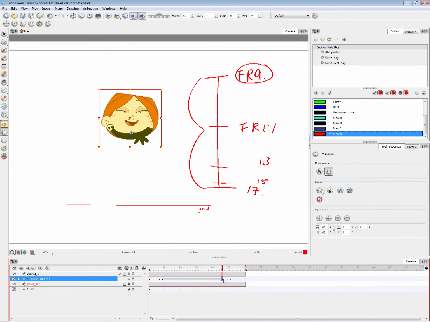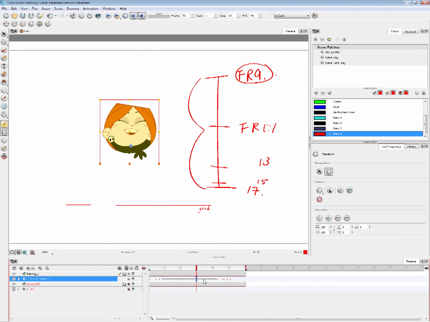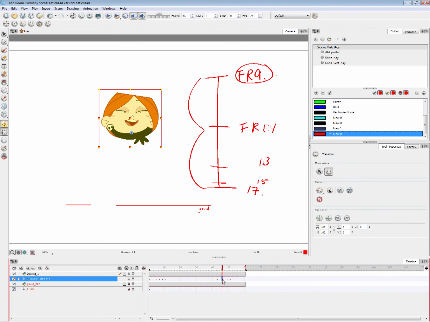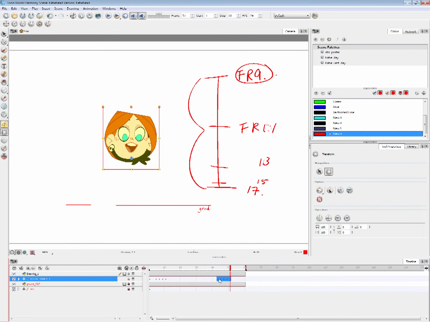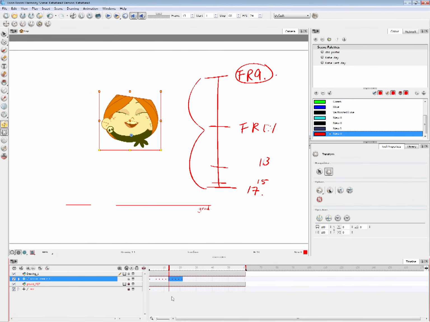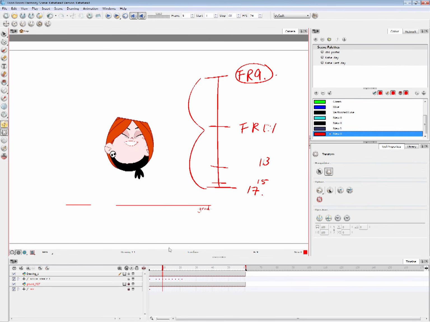So select the one just before the hang time pose, and then just something like that. Yeah, I'm having a bit of issue trying to explain it to a wide audience. Well, if you're an animator yourself and just trying to get into a Toon Boom program, I assume you know all this by heart.